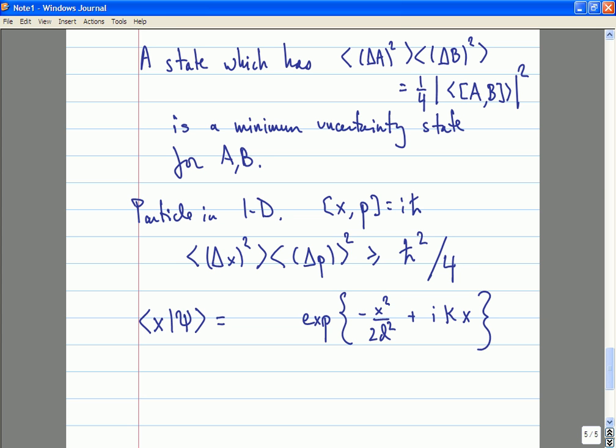So the Gaussian states you may remember as the ground states of the harmonic oscillator. So a Gaussian e to the minus x squared over d squared is the ground state of a harmonic oscillator. And if you just take a ground state of the harmonic oscillator, then that actually has minimum uncertainty, as we'll check in a second. And indeed, one can also just boost it, if you like, by giving it some momentum, and that state will also have minimum uncertainty. And if we wanted to normalize this state appropriately, then I would have to put some constant out front.